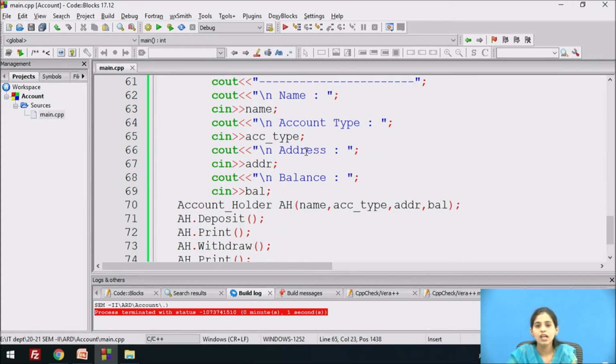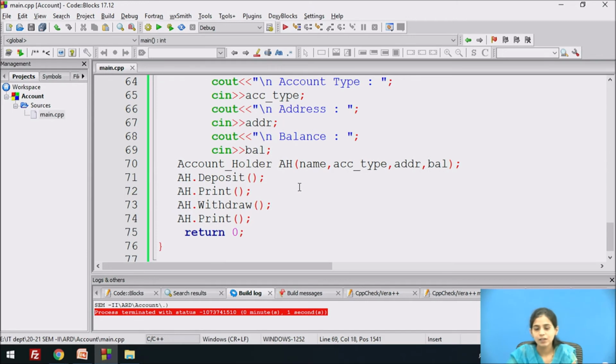Next we take the address information from the user, so we use the cout to display the message address on the screen, and that address value is stored in the adder variable by using the cin. Next again we require the balance information, so we display the message cout balance, and that balance value is stored in the bal variable.